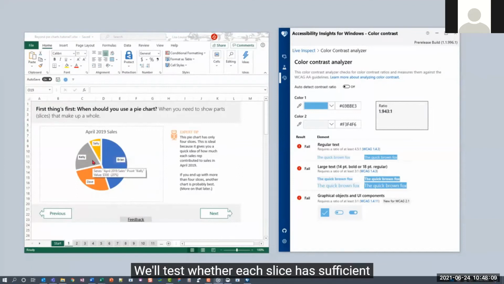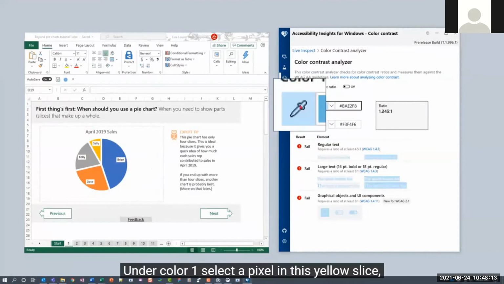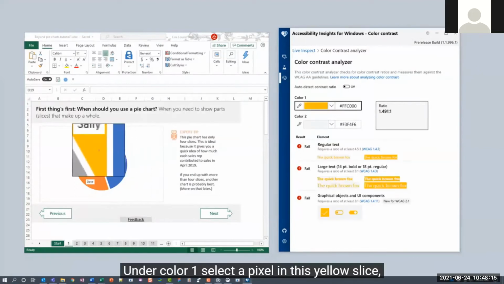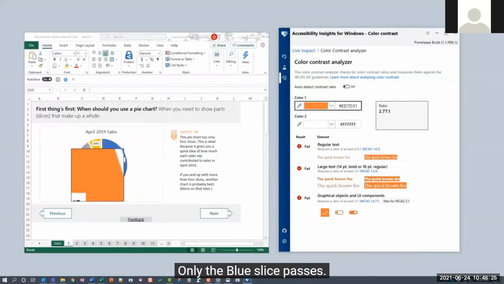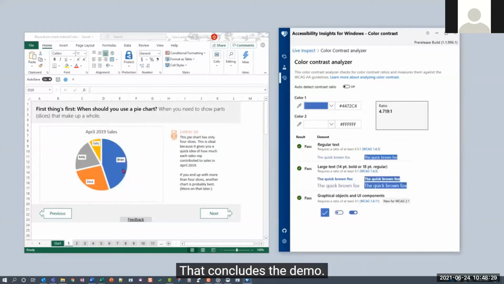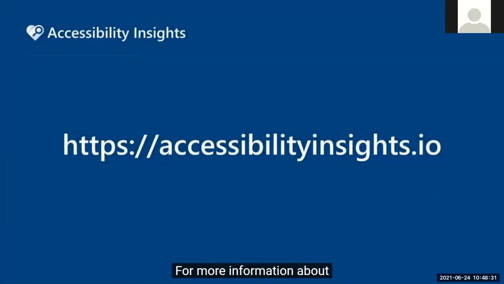We'll test whether each slice has sufficient contrast against the white background. Under Color 1, select a pixel in this yellow slice labeled Sally. Under Color 2, select the white background. The yellow slice fails, and so does the gray and the orange. Only the blue slice passes. That concludes the demo. For more information about Accessibility Insights for Windows, visit